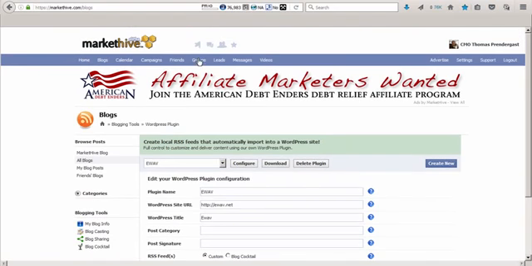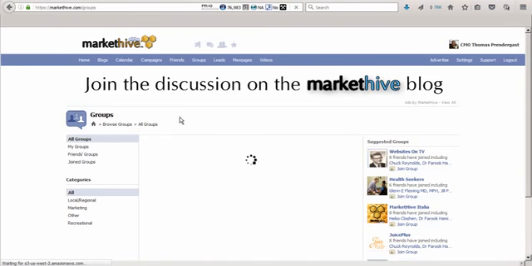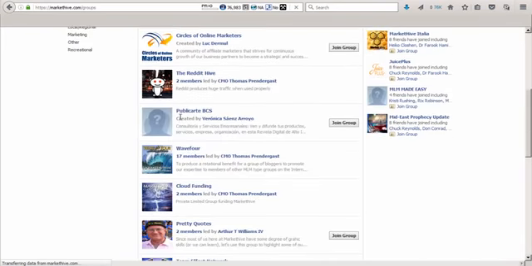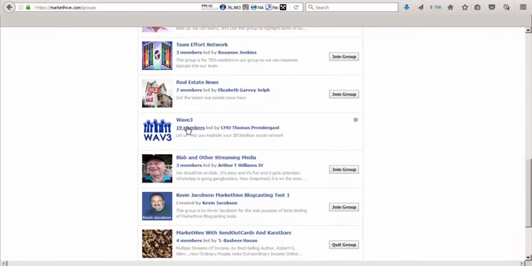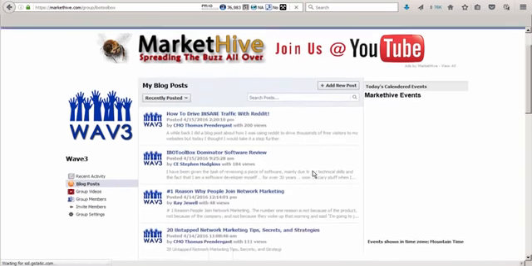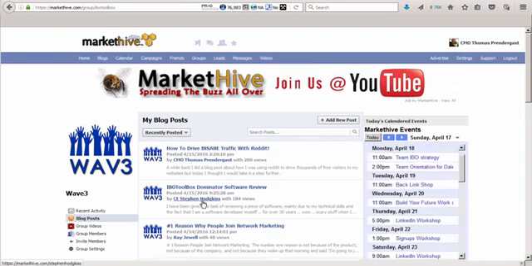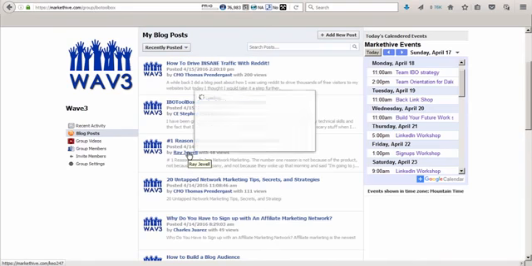As I will show you, we'll go to the groups. Wave 3 has about 15, 20 people, 19 people in it. There it is. So we go into that group. You'll see that there's 19 active people in there. They're all producing blogs. And we click on blog posts. And there they are. You can see produced by me, Stephen Hodgkiss, Ray Jules,